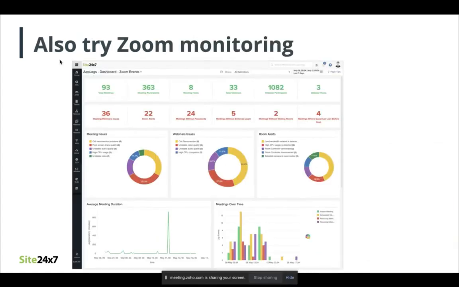One more interesting addition to AppLogs is that you can also collect and manage Zoom events from Zoom meetings, Zoom video conferences, webinars, chats, and audio calls, and analyze the performance of each call so that you can eliminate the reasons for poor quality and glitches using AppLogs. We have an exclusive dashboard with which you can obtain all Zoom metrics at one glance. So we can ensure a positive user experience for all your employees who attend business meetings during remote work.